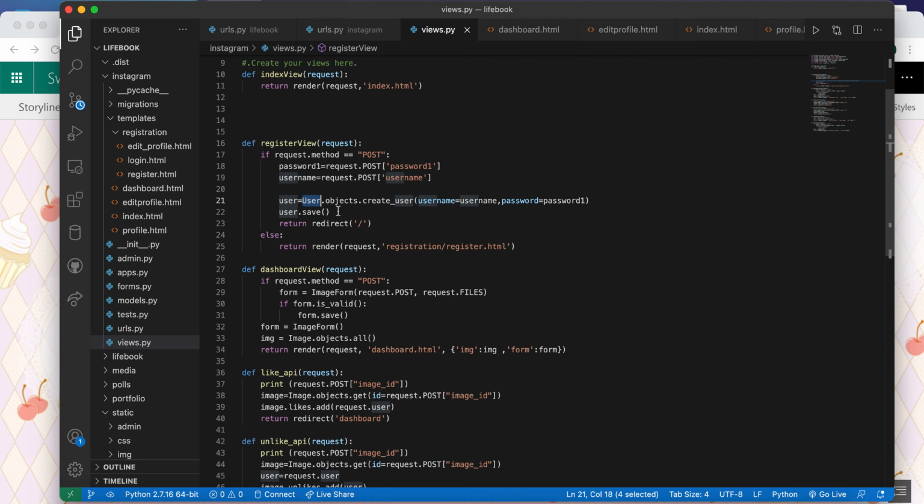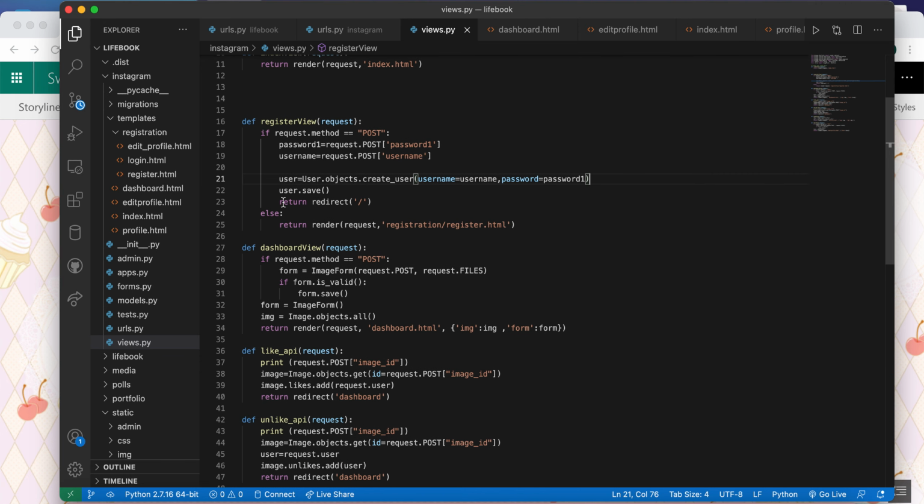So basically this is an inbuilt function of Django. Here I can simply write .create_user and I can assign these values to it, right? And then I can save it, and then I can redirect to whichever page I want to. So if I go to register and click on register, that page itself will be opened, right? And else if the request is not POST, if it is a GET request, you need to give this page. I need to write this registration part because it is in the registration folder in my templates, right?